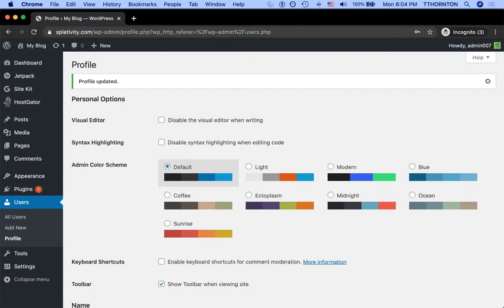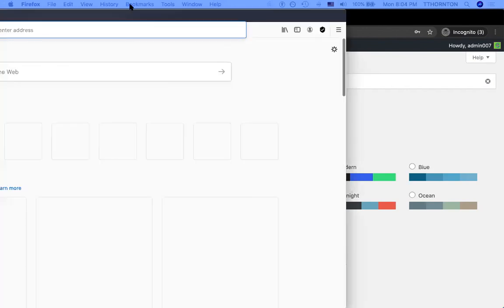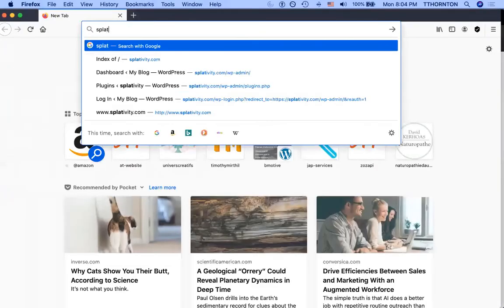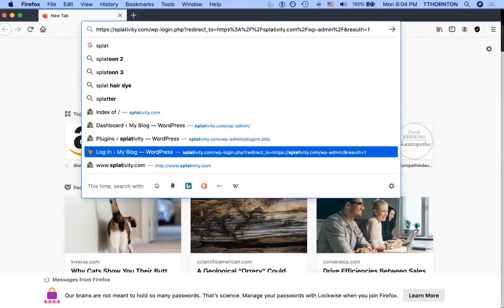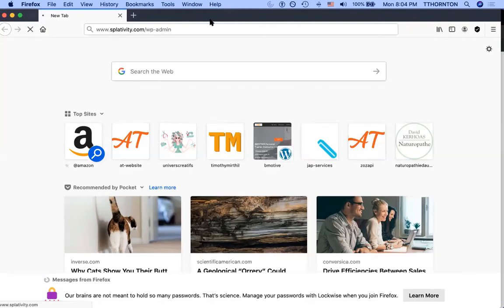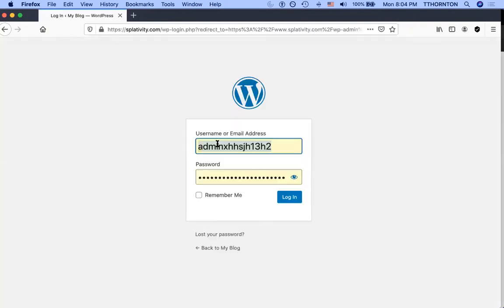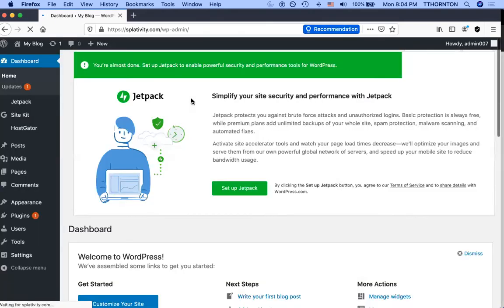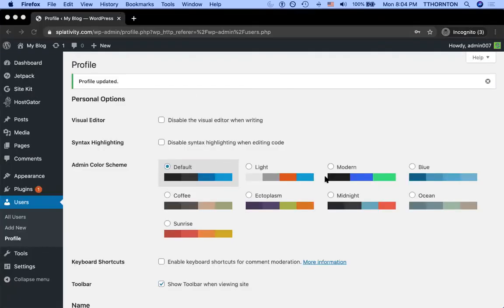So if we were to go to Firefox, and we have to bring the screen over here, splativity.com, and remember you want WP admin. And you type in your password, save, and you'd be in. All right, so now we've not only installed WordPress, logged into WordPress and changed the password,